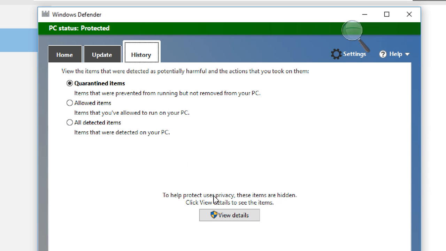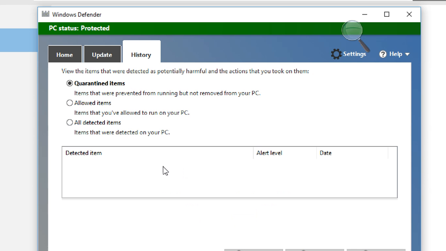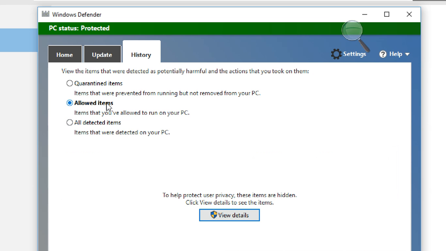If you find any quarantined items there, it means something was already detected and is not yet removed from the PC, but it won't run on your PC. What is quarantine? The virus or whatever is detected won't run on your PC, and it is not removed from the PC. Better to remove or delete those items. These are allowed items, better not to allow anything.